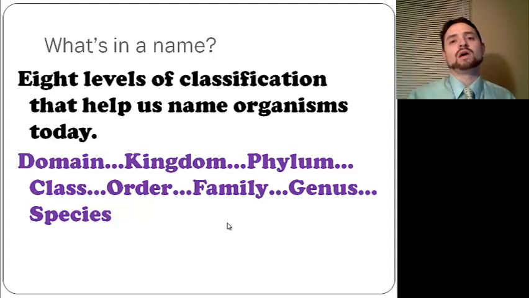He also developed classifications. Now, Carlos Linnaeus was involved in developing 7 of those classifications, and that would have started here with kingdom. But there's been another category that has been added and is used a lot as well, and it's called domain. So we've got the domain, then we've got kingdom, phylum, class, order, family, genus, species. As you go from domain to species, you get more and more and more specific. As you go from species up to domain, you get more and more and more general in your term.